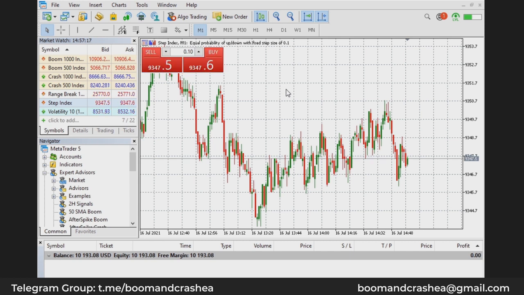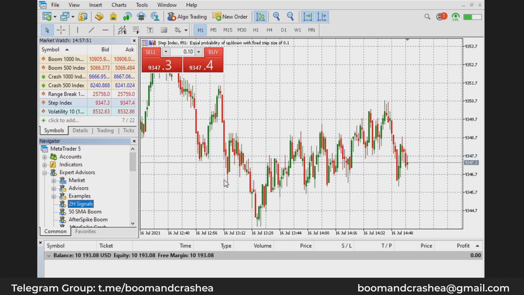With this EA, which is the 2H signals, it basically works with the hammer and then the hanging man I spoke about in my previous video when I spoke about the candlesticks. So if you haven't watched it, you can go back and watch it so you get a broader understanding of how this works. And these 2H signals, which I've added here under my expert advisors, if you don't know how to, you can also watch my video on support and resistance, and I show you how I place the EA or the indicator on the chart. I'll drop the link at the top.